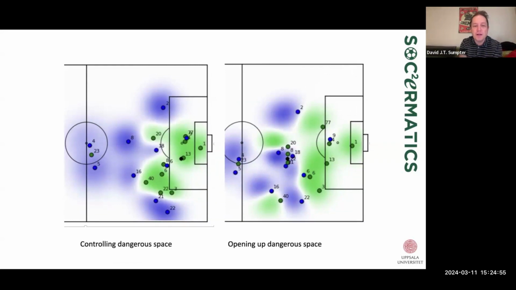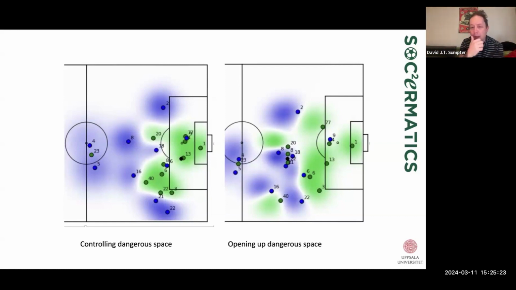So when the ball comes out, you can think of the ball as sort of going out of the box in a random direction. It's not entirely random, but we can't completely predict it. But if we cover the whole area with green, we have a lot of control over space. And so the left diagram shows very nicely how we had control over quite a lot of space when the ball came out.